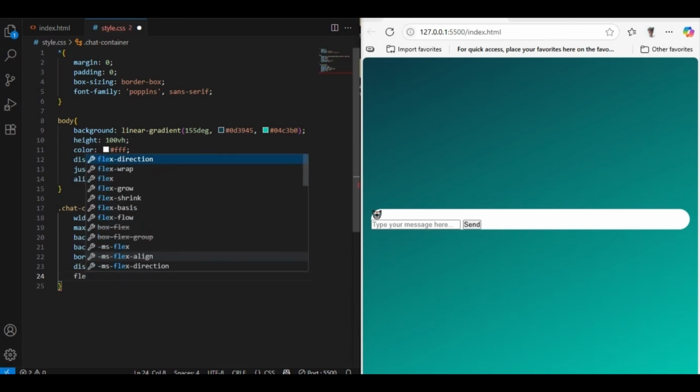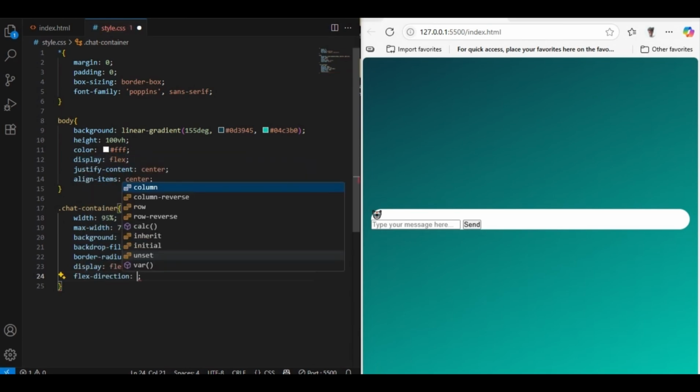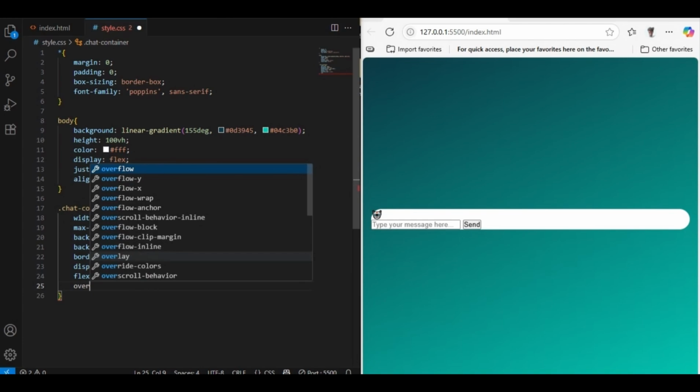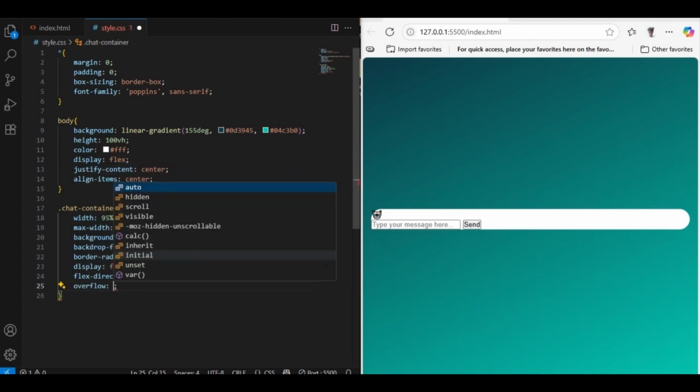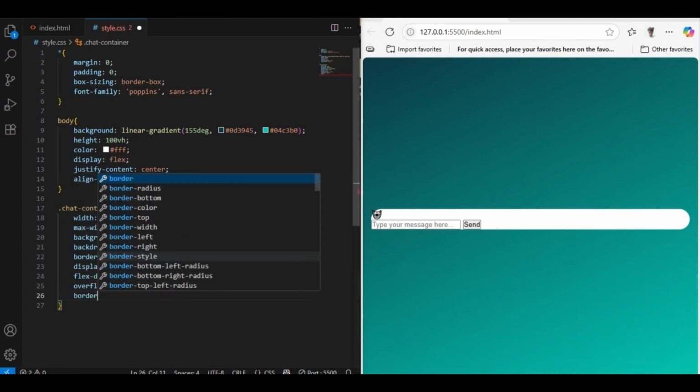And flex direction will be column, and overflow, we'll say here overflow will be hidden, and border